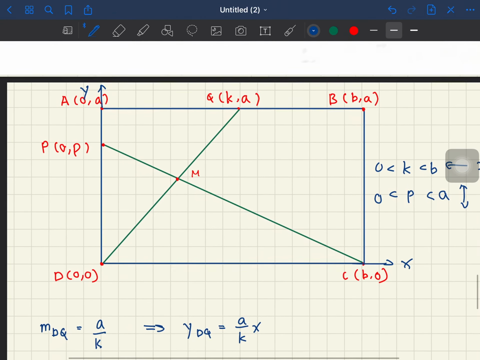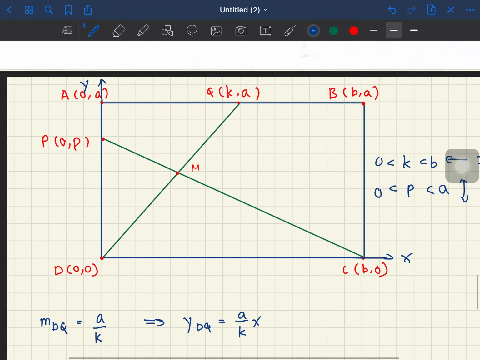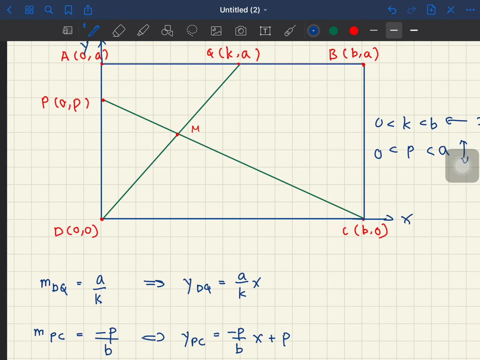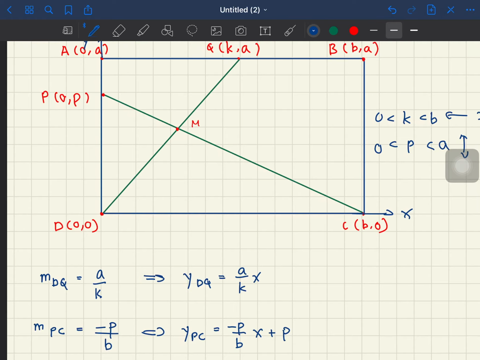First, we find the gradient of DQ, and hence the equation of the straight line DQ is y = (a/k)x. Then for PC, you have a gradient of negative p over b because it has a negative gradient, and the equation of the straight line PC is y = -(p/b)x + p. And hence you have